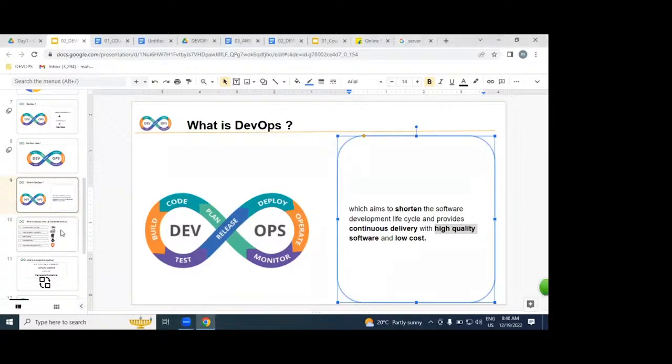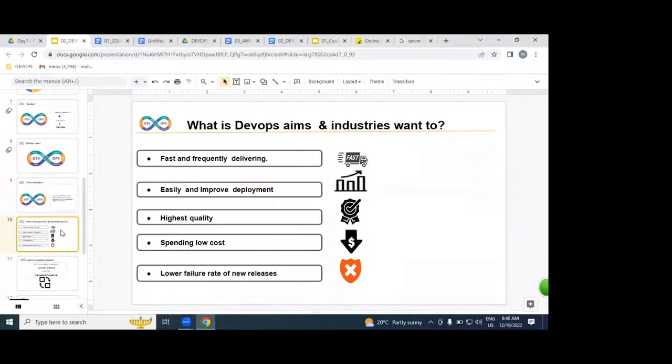If you are replacing our SDLC process with the DevOps process, what are all the advantages exactly? What exactly does DevOps aim for? We can deliver very fast.